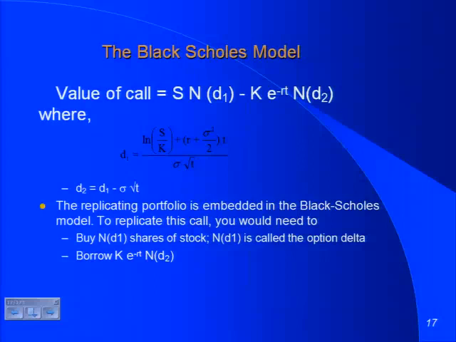The Black-Scholes model is designed to value European options, which is actually a very unfortunate term because it suggests something about geography. It's nothing to do with geography, right? What's the distinction between a European option and an American option? American options can be exercised anytime. European options can be exercised only at maturity. So when you value a call option, you have to pay the strike price at maturity, 2 years from now. So you don't have to pay it today. So all we need is a present value of the strike price.